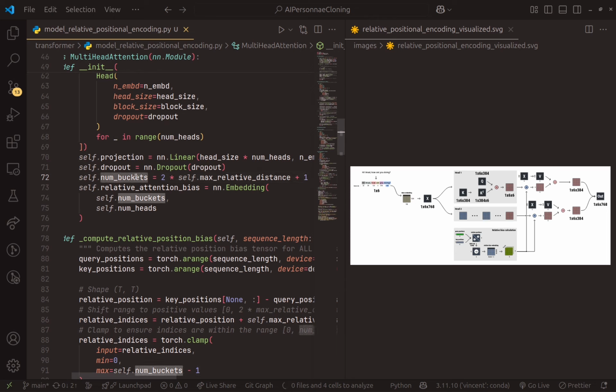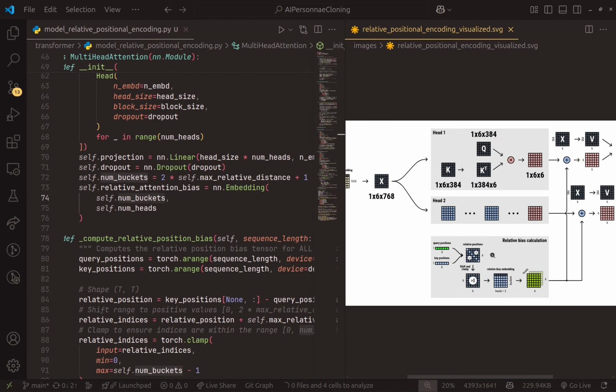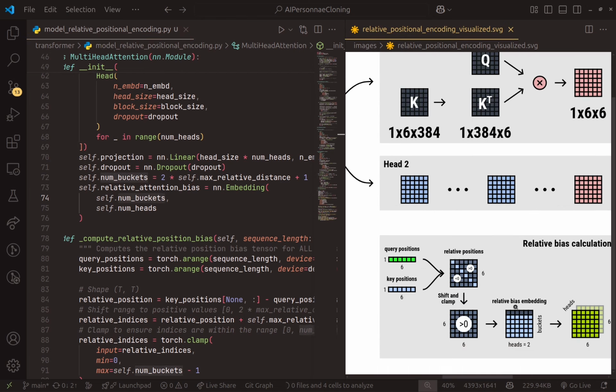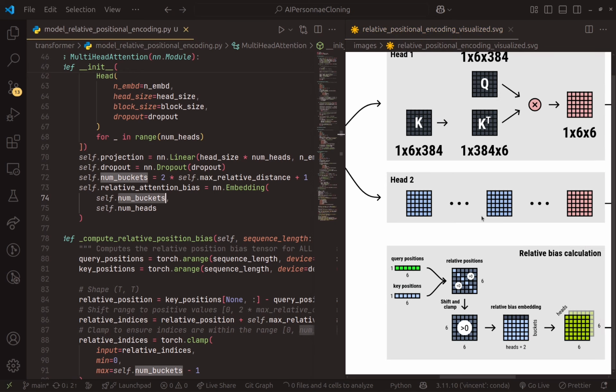I call this in the slides unique bias values. And after that, we create the relative attention bias embedding table with shape, number of heads by number of buckets. And it's this one. Let me zoom in a little bit. So you can see that here, this is exactly what I have here in the code. You can see that here we have number of heads and number of buckets. Currently, we haven't done any calculations. So let's